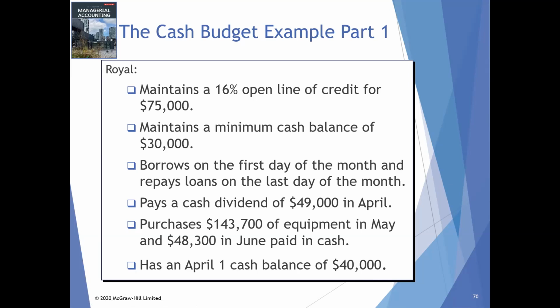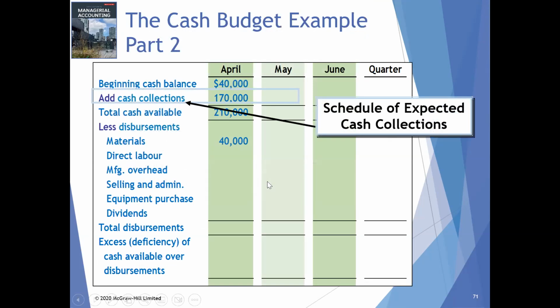And if there is a surplus or deficiency, we will calculate how much loan is required, and the percentage is 16%. So let's have a look. $40,000 is the opening balance, and $170,000 is the cash collected, and $210,000 is the total cash available. Disbursements: